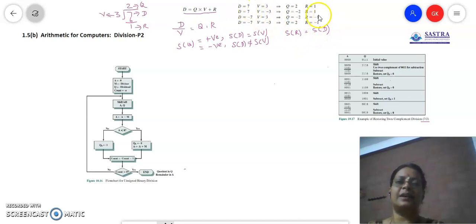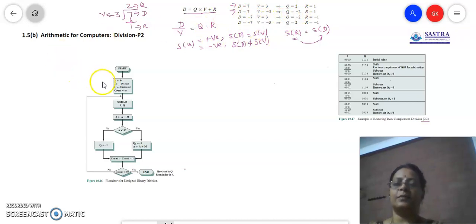Now if you look at this example, in the first two cases, first we look at the remainder. The sign of the remainder always follows the sign of the dividend. If it is plus, here also you have plus. Here both are negative, so the remainder is also negative. Then coming to the sign of the quotient, if you compare these two signs, they are positive, so the quotient is positive. Here both signs are the same, so again positive. For the remaining combinations we have different signs, so the sign of the quotient is negative. This is how we decide the sign of the quotient and the remainder.